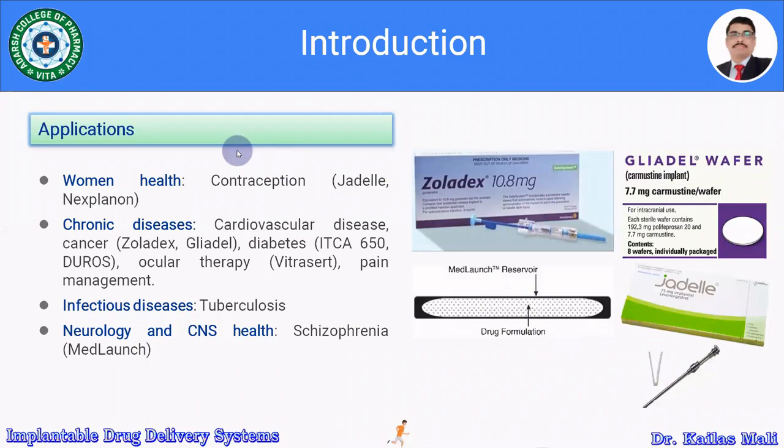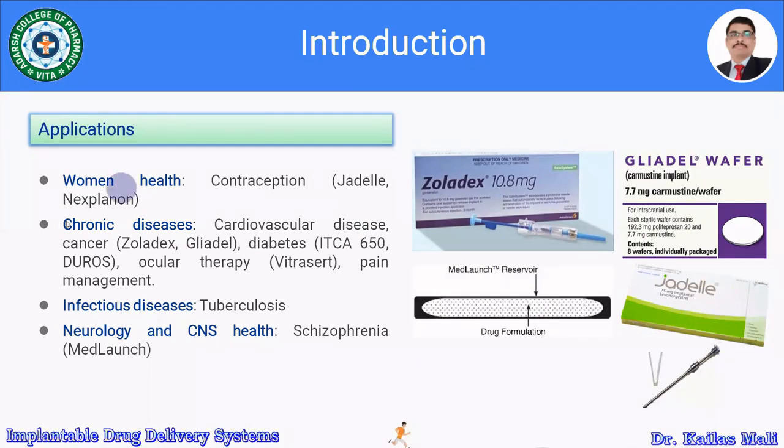Applications of the implantable drug delivery system. The implantable drug delivery system is explored in woman health, then chronic diseases, then infectious diseases, neurology and CNS health. In the case of woman health, implantable drug delivery systems are developed for contraception. For example, there are certain marketed formulations available like Jadali. So here, this is the figure of the implantable device for woman health, and